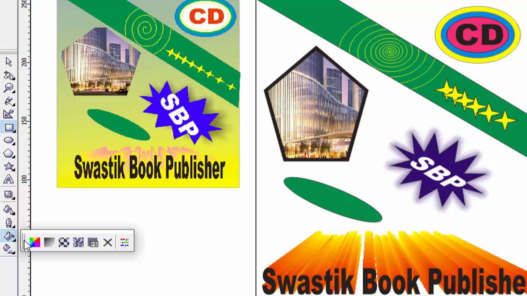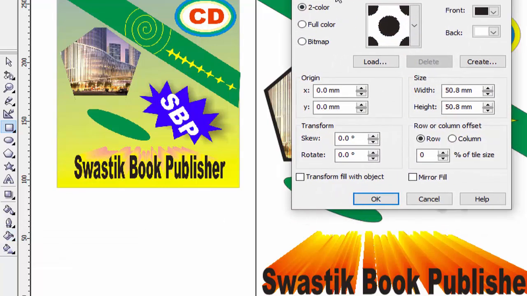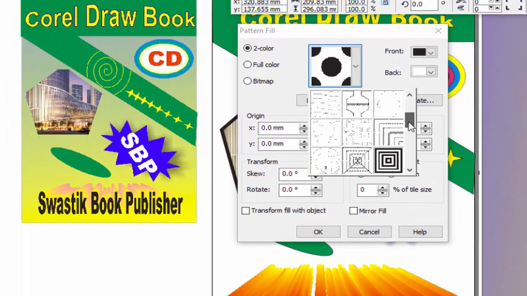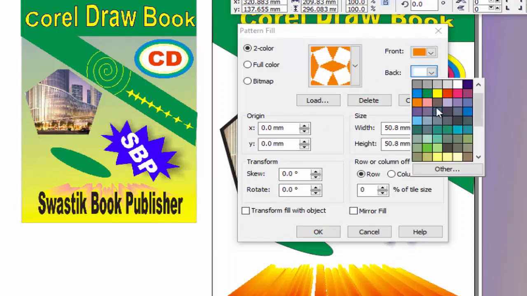So you use all these options to fill color in a shape like this. Pattern fill dialog box. So the pattern fill dialog box opened on your screen. You can select any pattern from here, see like this, and if you want to change the color, this is the front color, and this one is the back color from here.